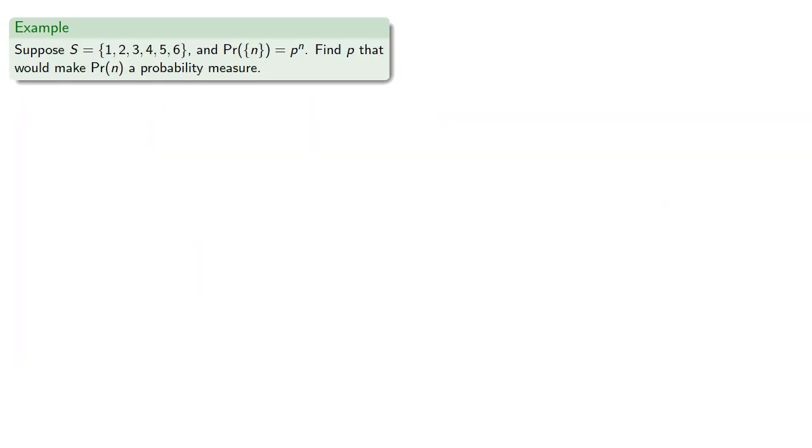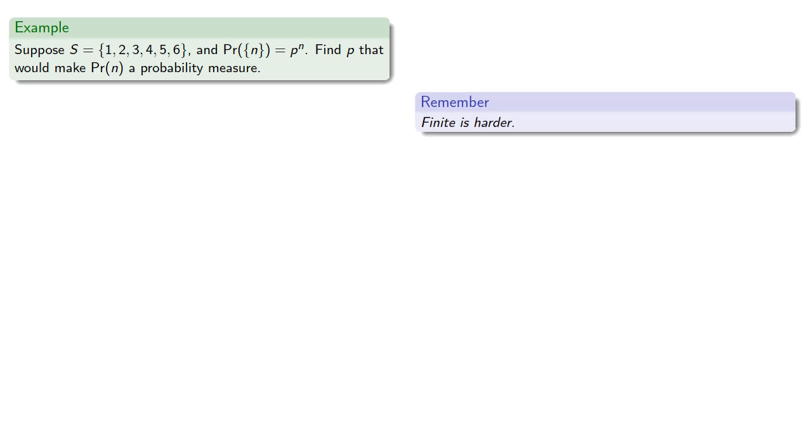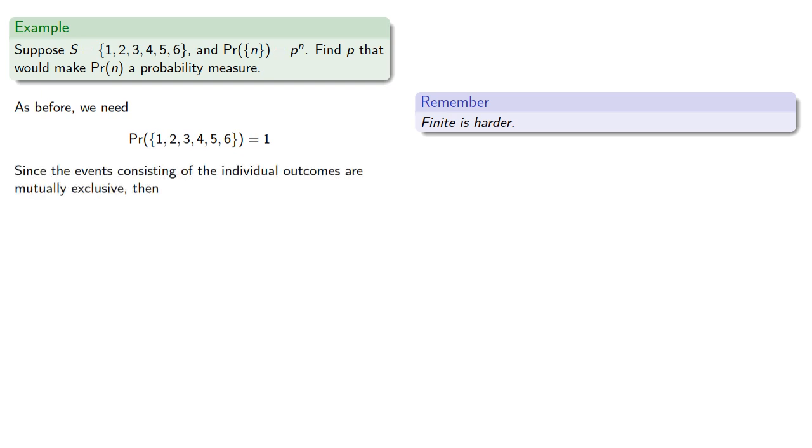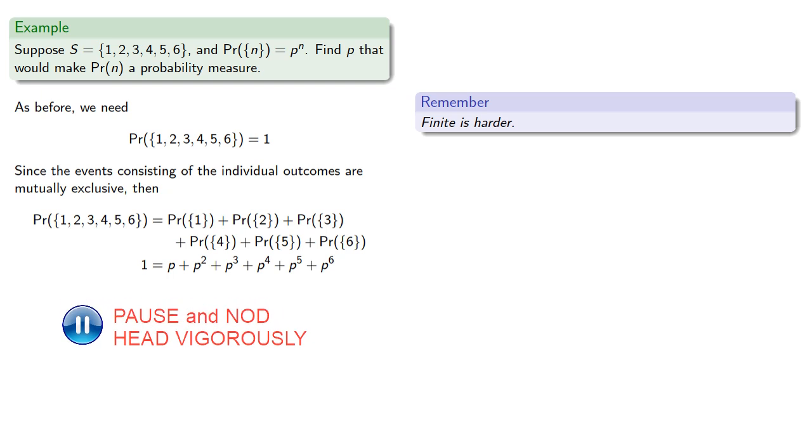Now in that case, we had an infinite sample space, and finite is actually harder. So let's suppose we have a finite sample space, and same setup, the probability of any individual outcome is p to the nth. So, as before, we need the probability of the entire sample space to be 1. Since the events consisting of the individual outcomes are mutually exclusive, the probability can be broken apart, and so we have the equation